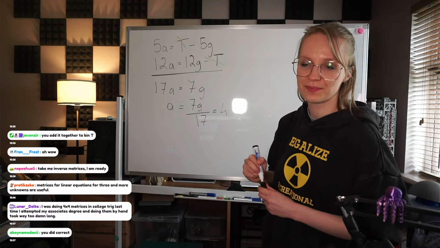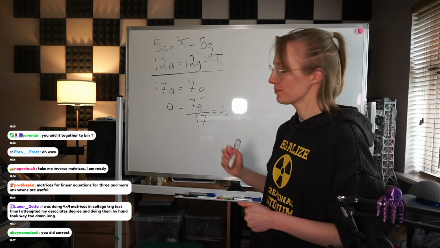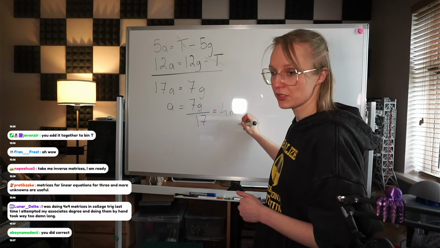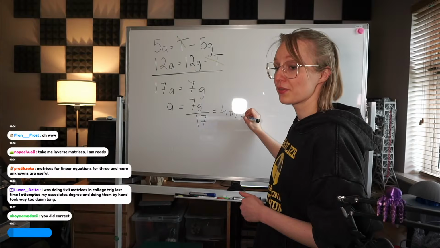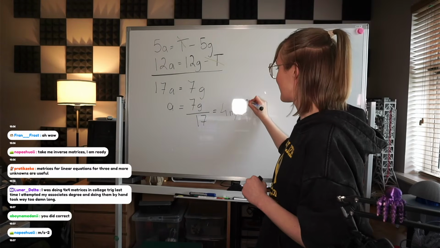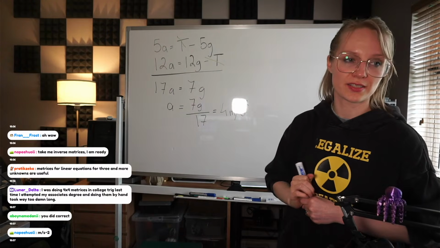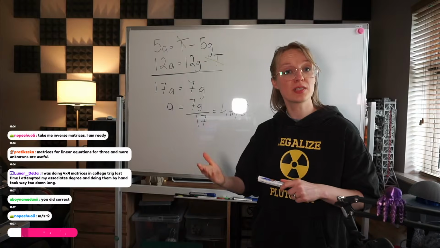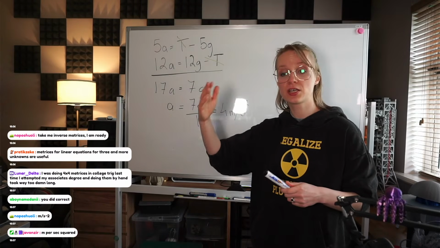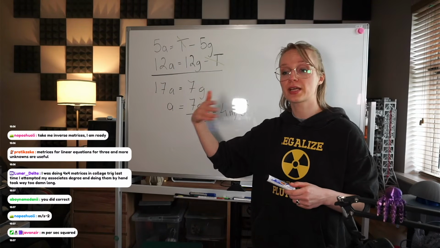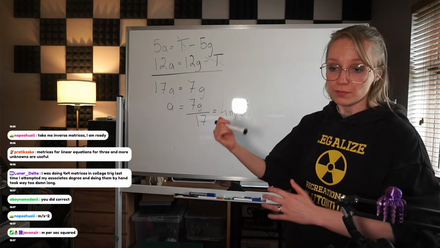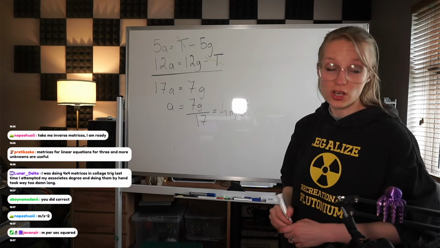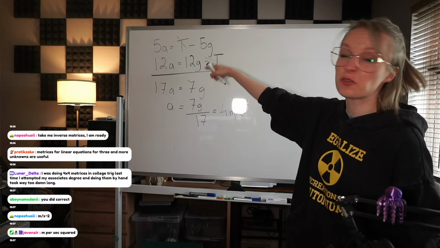For what? Meters. There we go, per second squared. It's the rate of velocity change. So rate means per unit time. Velocity is meters per second. Another unit time, meters per second, meters per second squared. Exactly. So now that we solved A, we could also solve for T immediately, and you can grab any equation